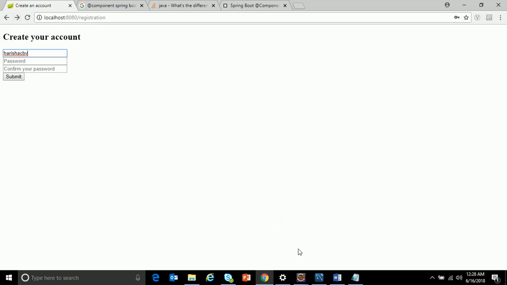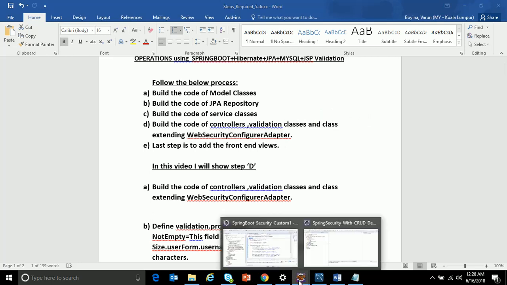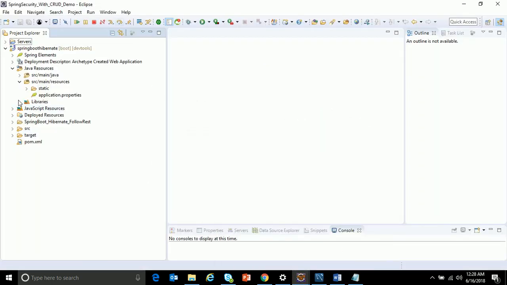So let's proceed. In this demo, I will first build the validation class, then the controller, and at last the class extending the web security configurer adapter. All right. Before building the validation class, I need to add a properties file in my resources folder. In src main resources, right click,